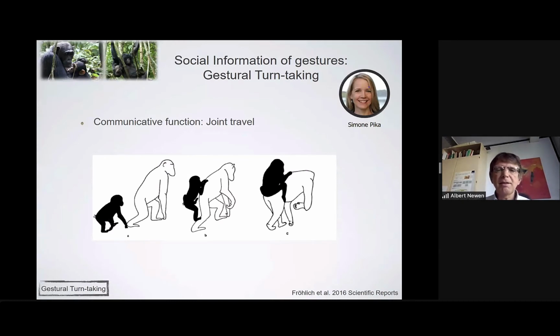And social information is characterized by the work of Simone Pika, with whom I'm also collaborating. She has investigated gestural turn-taking. And the interesting point here is that gestural turn-taking has a communicative function and is embedded in joint travel. Signals, which are candidates for symbols, are always embedded in some kind of social activity. And this is something we observe regularly